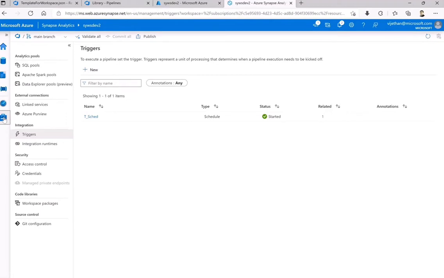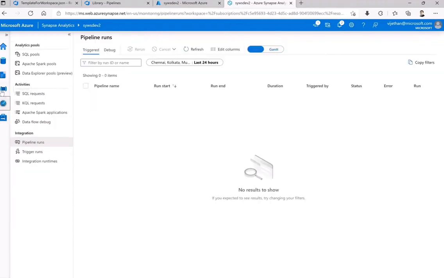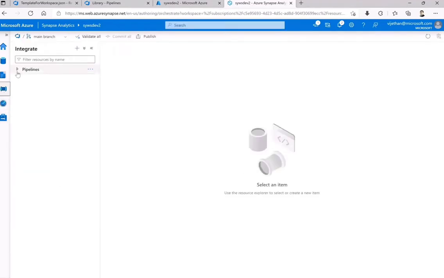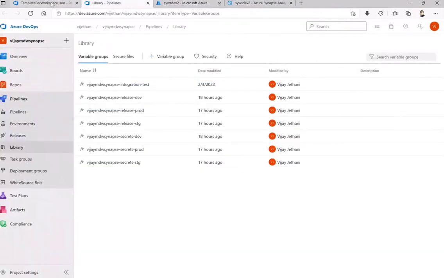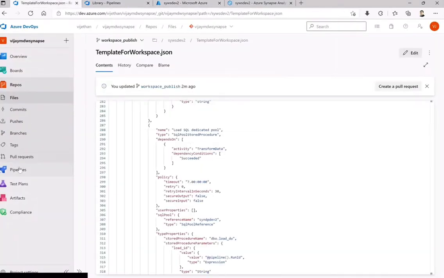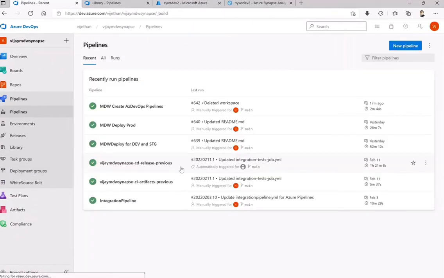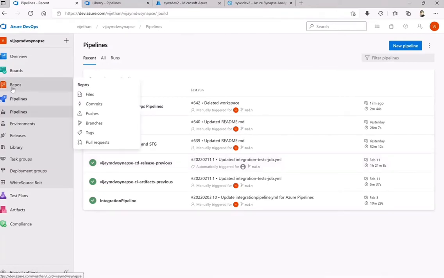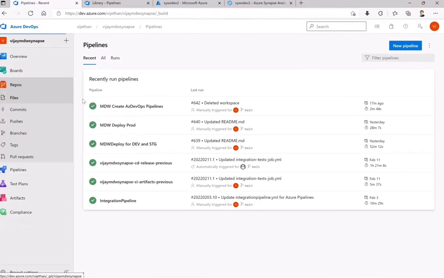Like if you go into the manage part, right from your triggers, then moving further to the notebooks and pipelines, this is the pipeline, then scripts and the notebooks. Okay, everything it will be putting in the workspace environment to be deployed on integration and staging. Okay, so let us try to run that while we create that particular environment. So as of now, what we got from this is, first of all, we integrated this with the source control. From that, we got the repos where it published what was there, and along with that, it also published the workspace published branch.